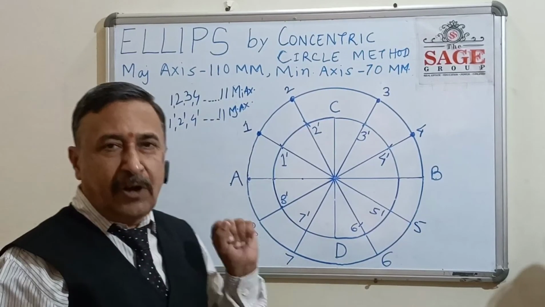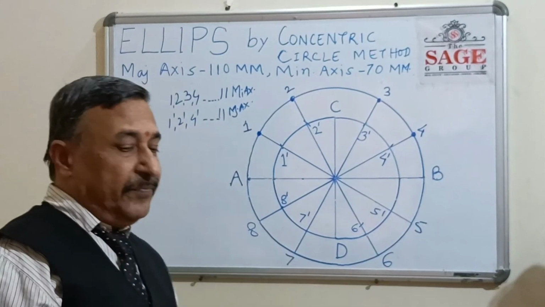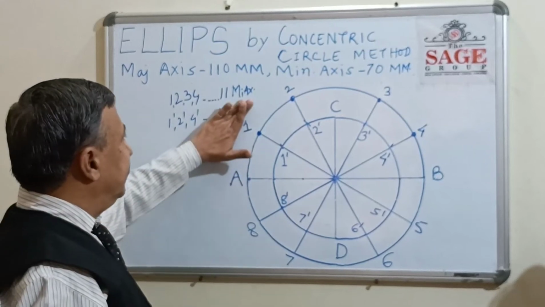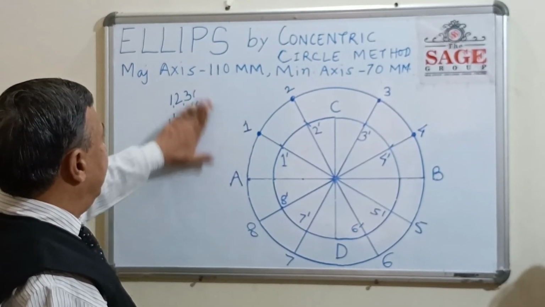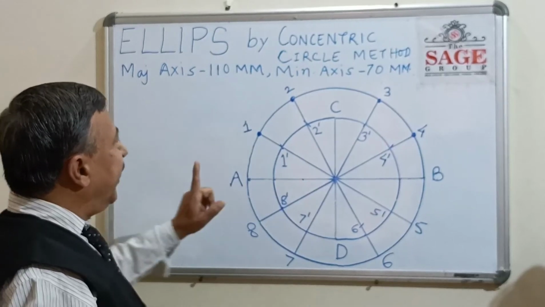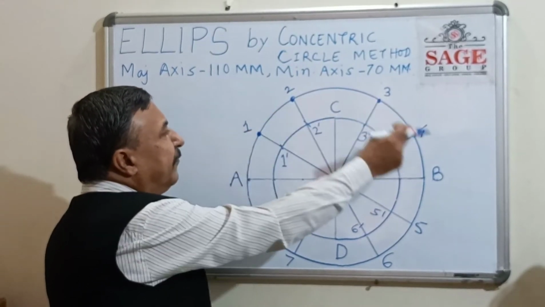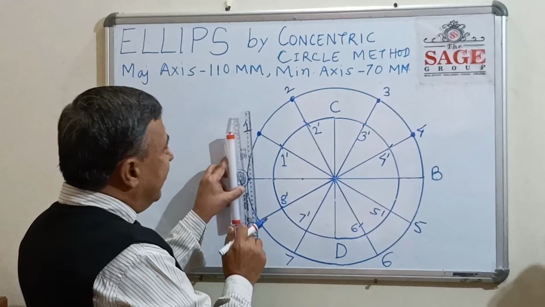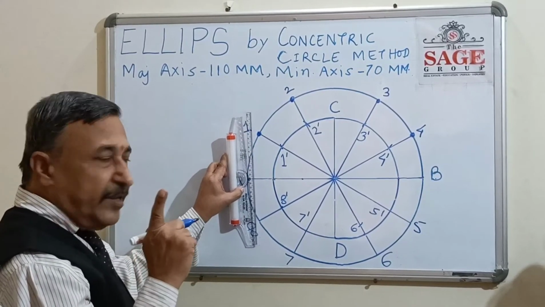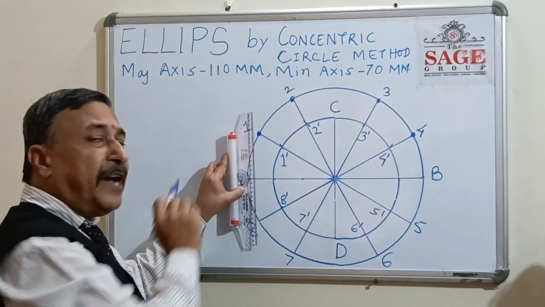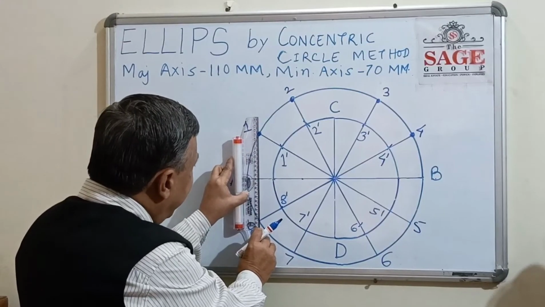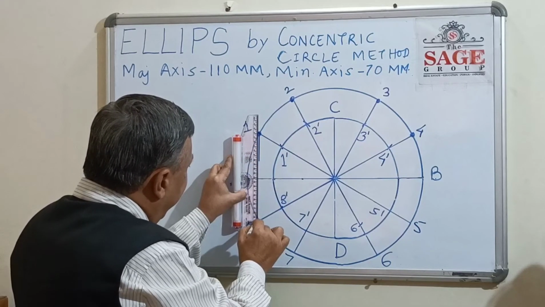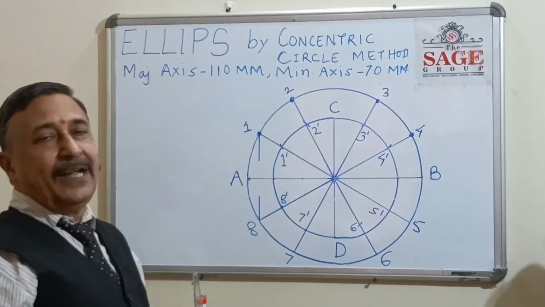So now I am going to draw the lines. Now how are the lines drawn effectively, so that your drawing will be symmetrical and effective? See here. We have to draw vertical lines from 1, 2, 3, 4, 5, 6, 7, 8. In one stroke, we draw from 1 and from 8 also. How? See like this. From 1 in the downward direction and from 8 in the upward direction, like this.